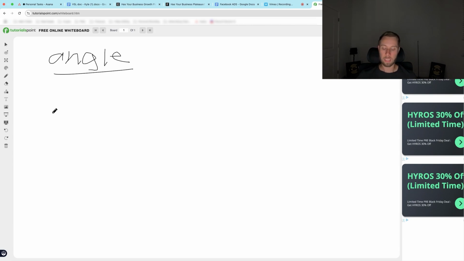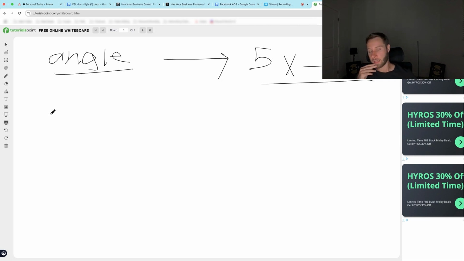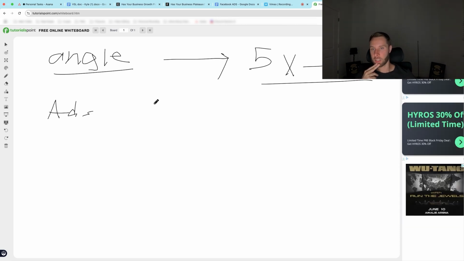So basically, if you have the right angle, you can then have a profitable campaign doing 5x to 12x ROIs. Depending on your product, whether you're selling an e-commerce product, a social media marketing product, or an info product, all these numbers are going to vary. It really depends on how good the ad is, how good the funnel is, how good the offer is. Ads sell best when there's a killer offer. So if I have a killer offer, your ads are going to sell better.